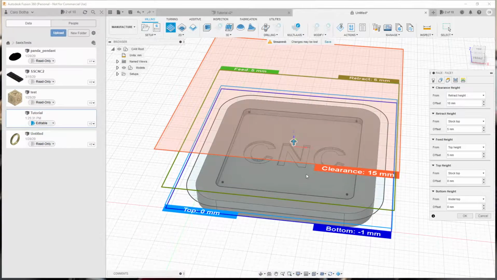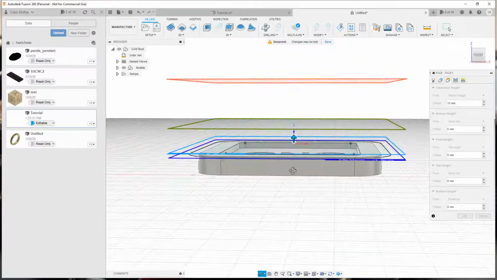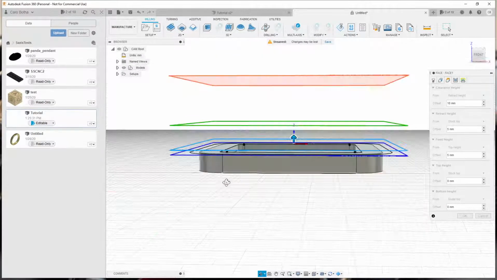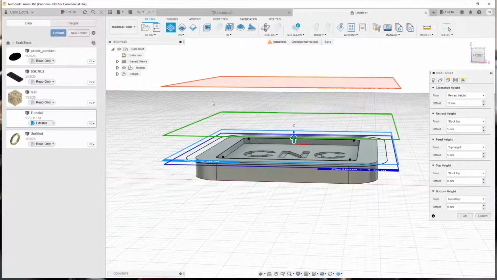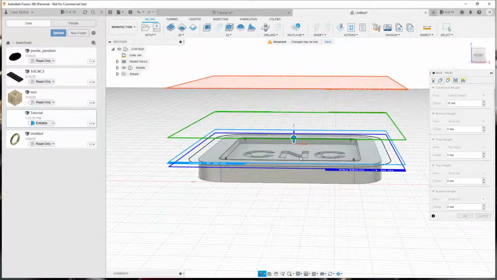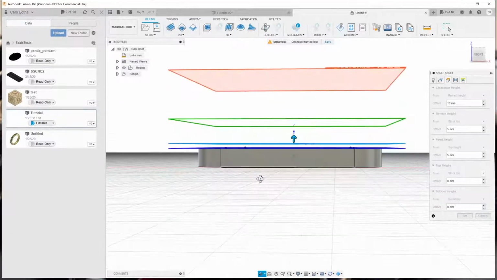Our clearance heights, now Ben and everyone has seen this before. This is a little bit critical, guys, because if you make these too close, you could bump into stuff, especially if your stock material is not very flat. Okay, but this is a little bit insanely far away, and in some cuts where the cutter has to move up and down a lot, what this clearance plane means is it's going to actually move up 15mm at a slow speed, come all the way over, and then come down again, and all those up down movements can really slow down a path. So if you know that your stock is like this and it's pretty much already flat,